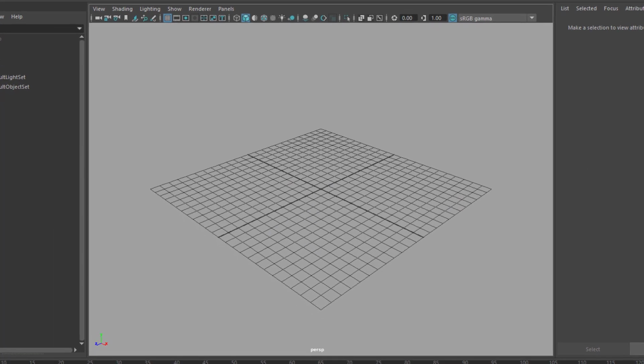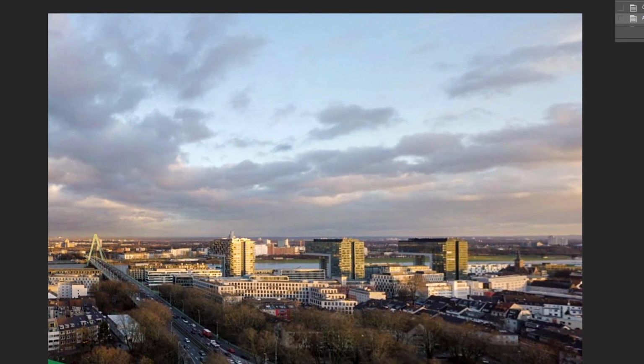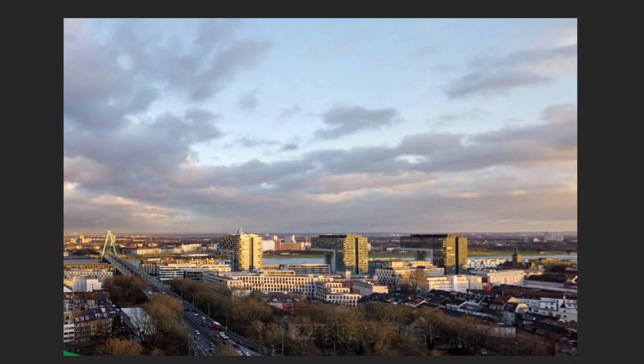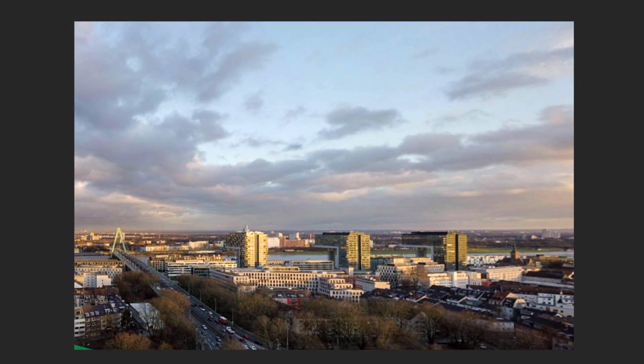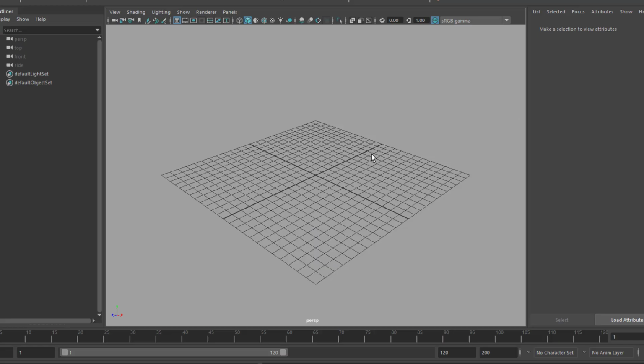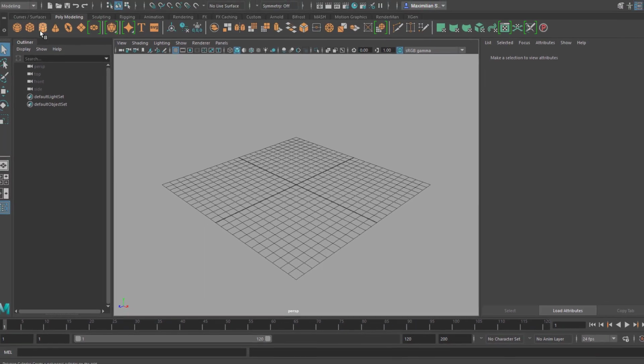I prepared this in Photoshop, but you can do this in all other kinds of packages as well. Photoshop is not typical here because it's a single image program, as opposed to, say, After Effects, where you composite video material. Anyway, the process is the same. This is a drone photograph I took of Cologne. We have the River Rhine here with one of the bridges. I think that was autumn, and nice lighting from this side. And this is the picture I'm getting ready for compositing. Now I need a scene, something to put into that,